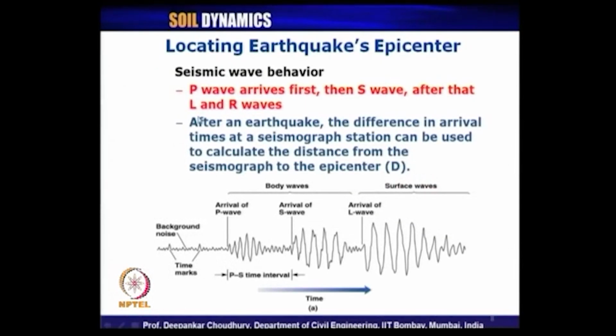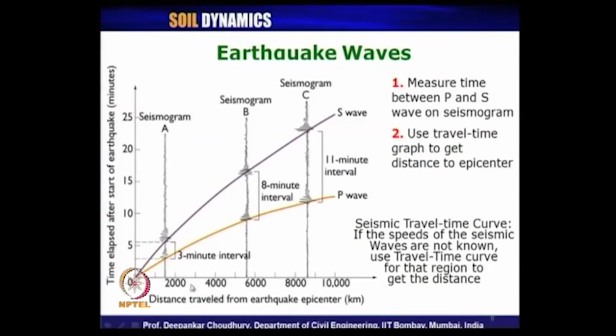Then how to locate the earthquake's epicenter? We have seen different methods, because in the seismogram where all the waves are arriving, first the P wave will arrive, followed by the S wave. There will be sufficient time lag between the arrival time of this P wave and S wave, and then all the surface waves will arrive. That is first the Love wave, followed by the Rayleigh wave. From the time difference of the arrival of P and S wave, we have seen how the distance can be computed from the